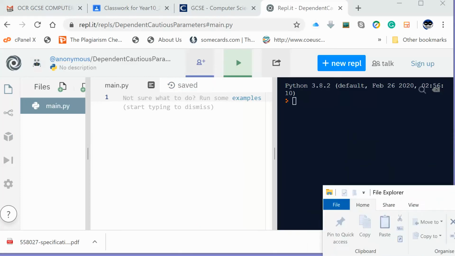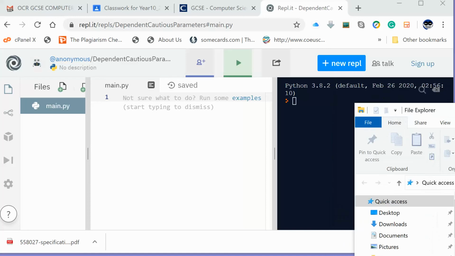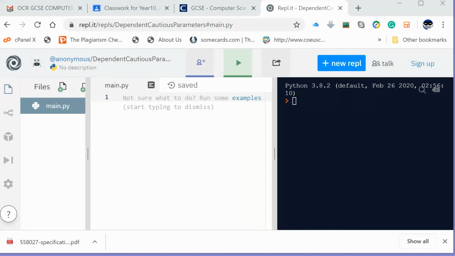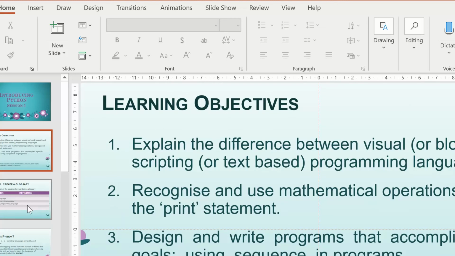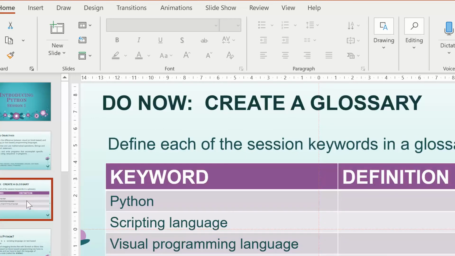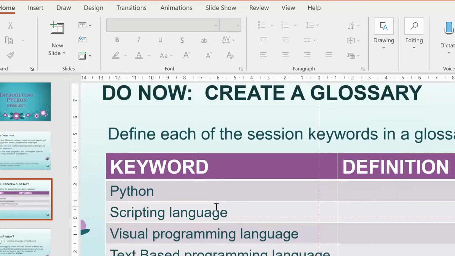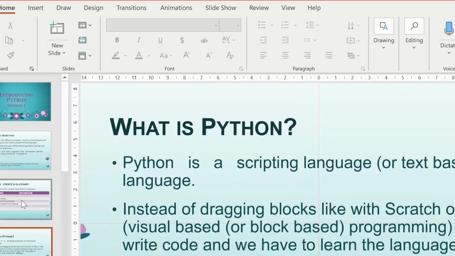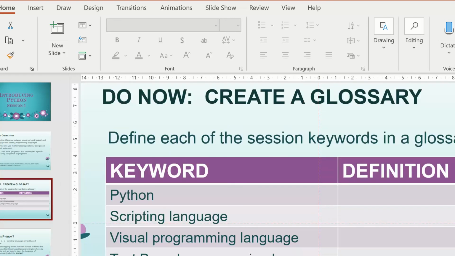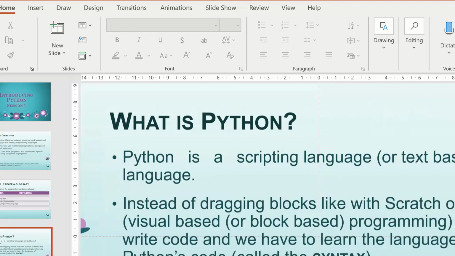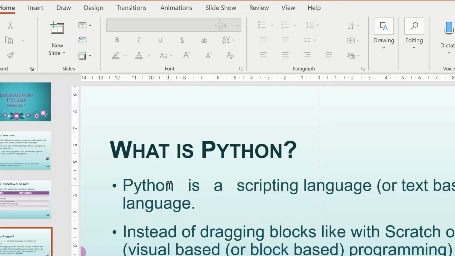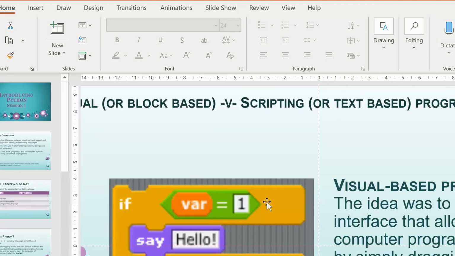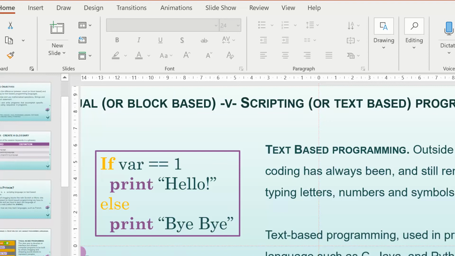And what I want to do now is get the PowerPoint up. Okay, so session 1, I'm going to go to the section. I do want you to create a glossary. This is just going to be added to constantly. In this particular lesson, all you have are a few keywords here that you're just going to have to define. Alright, I've done that as a starter. Now, you read the text that you've been given and then you just try and answer the questions. That's the deal. But I want to go to Repl.it